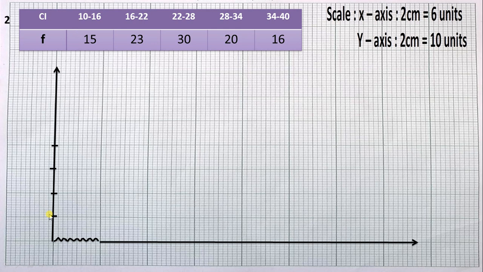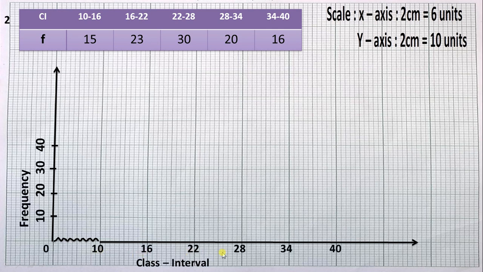In general, a kink or a zigzag curve is drawn near the origin to show that the graph is drawn to scale beginning at the given class interval in the question and not at the origin itself. This is one of the important points which you have to note down, children. If the class interval begins with 0, then the rectangles begin with 0. If it begins with any value other than 0, the first class interval lower limit, then mark the first box as zigzag, then mark the first class interval and continue with the same.